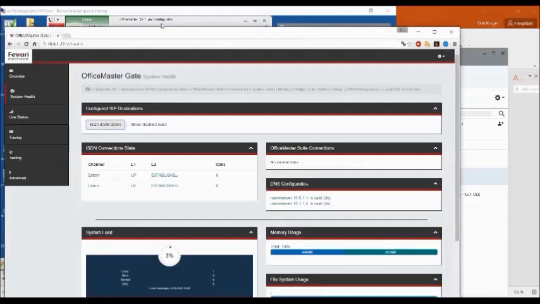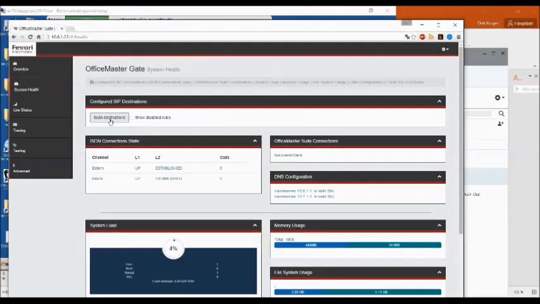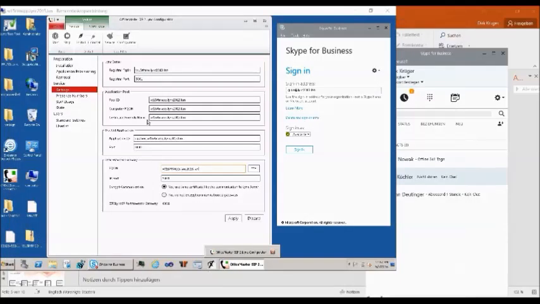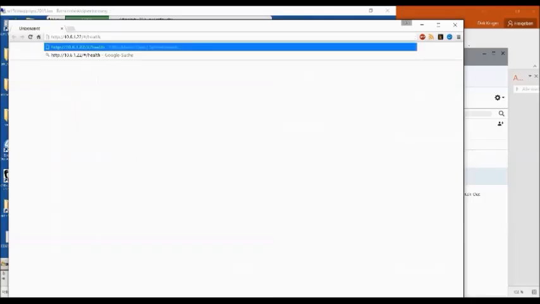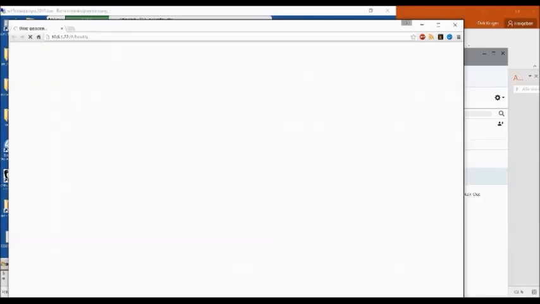Scan all destinations means that we look in the configuration. Oh, come on. Come here. Maybe a Chrome problem here. Let me restart the Chrome browser. Here we go. Because if I restart the gateway before,